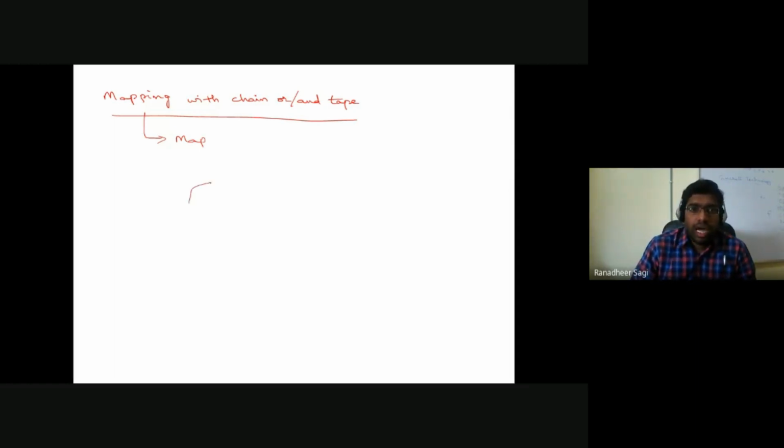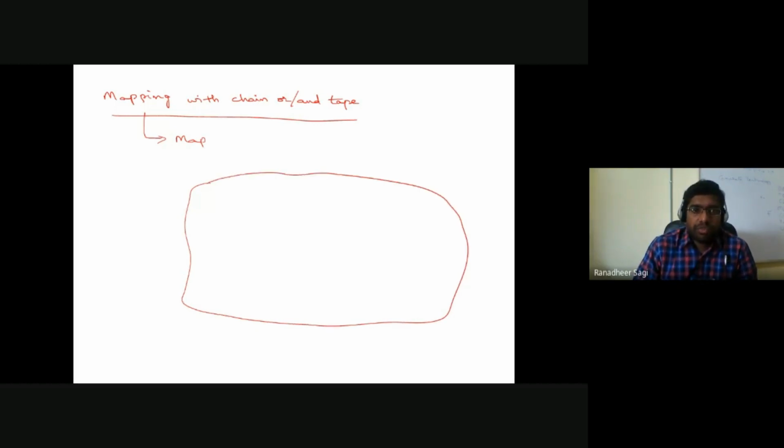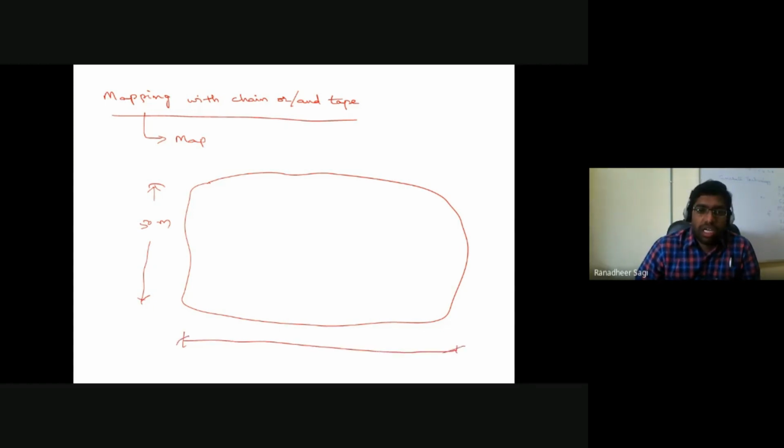Let's say I have some area in the field which is approximately 50 meters in the width direction. The area I am looking at, the field in which I am trying to carry out the survey, let's say its length is 150 meters. For that area, whatever salient things I have got, I have to identify all of them, then measure whatever is required in order to locate those points. First is identification, which we call reconnaissance.